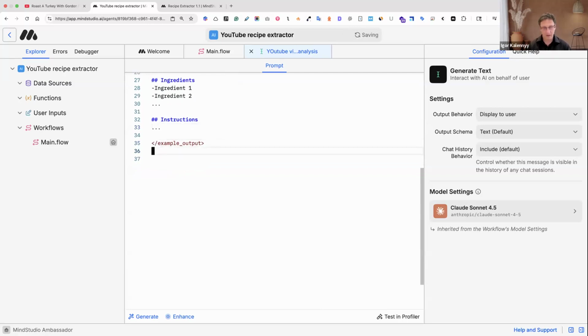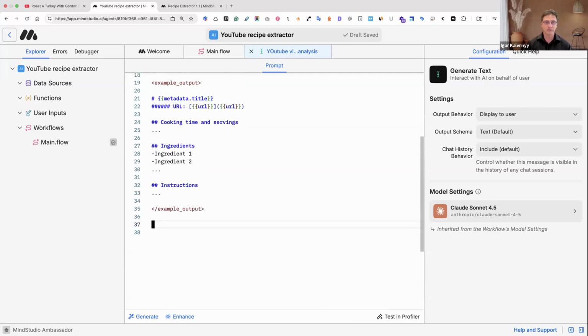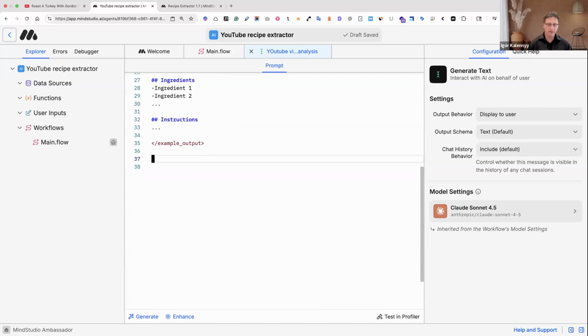So what's left? Sometimes when you put things into ChatGPT or something like this, it responds like, here's your instructions. Well, we don't want that. We don't want that additional information. We just want the specific output that we specified. So you give it directions to say something like, respond only with the formatted recipe and no other additional information, like, here is your recipe. We don't want that.